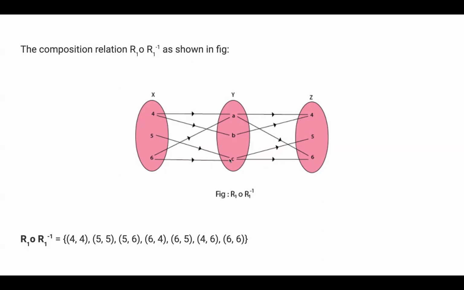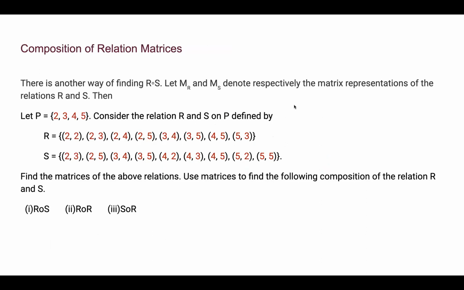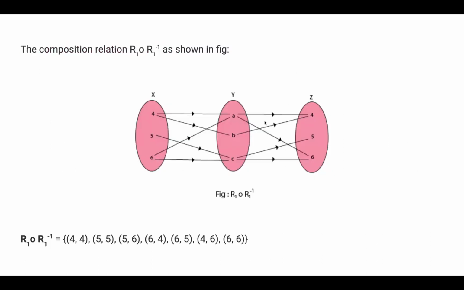Then 5 to C is there. C to 5 will also be there. 6 to A is there. A to 6 is there. 6 to C is there. C to 6 is there. Okay. Here, what is the relation? Exactly the opposite relation is here. Okay. So from